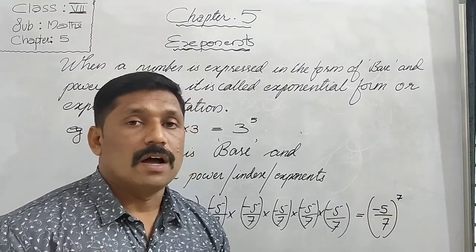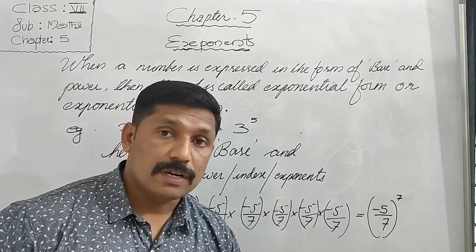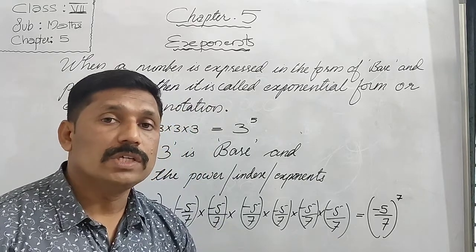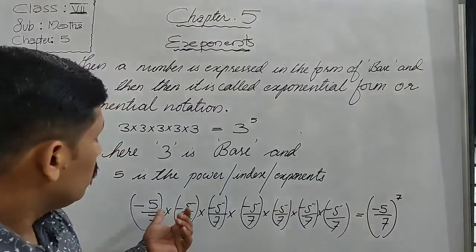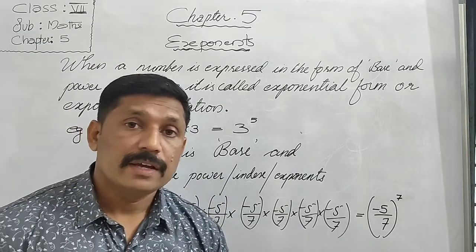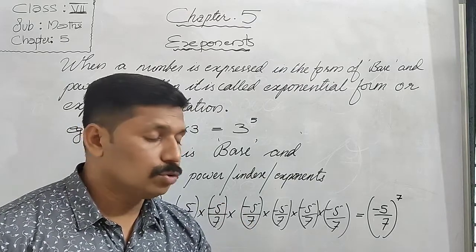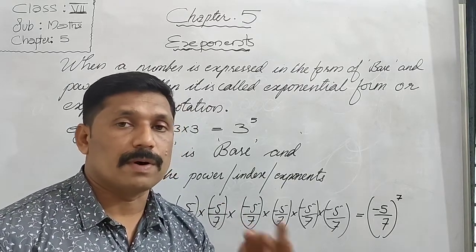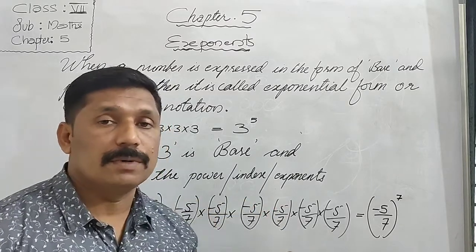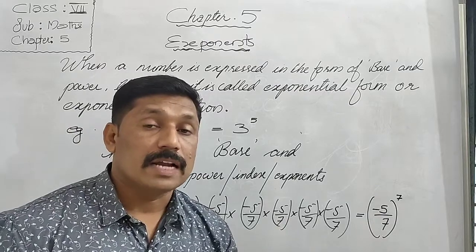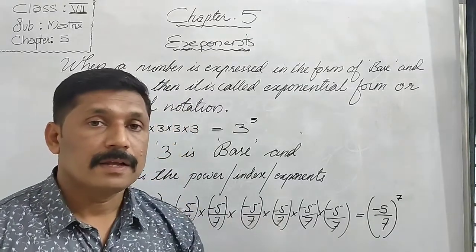Okay students, so now we are going to study how to change a number into exponential form and what are the rules relating to the exponents. So always you know that if a negative number has an even power, like power 2, power 4, power 6, and power 8, then that value will be positive, because if we multiply a negative number an even number of times, it will become positive.